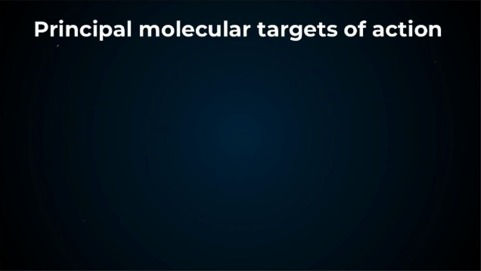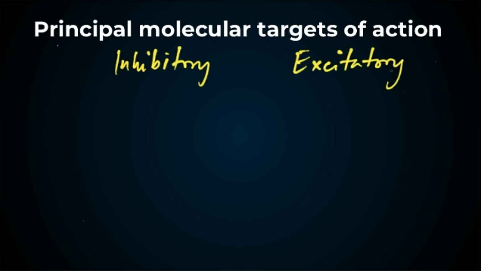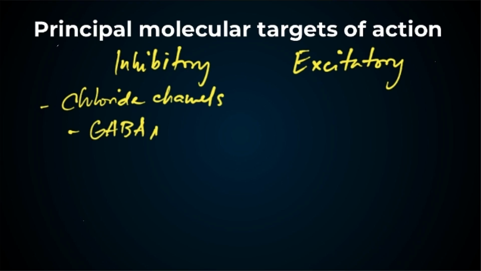The principal molecular targets of anesthetic action are the neuronal ion channels that mediate impulse conduction. So we have different ion channels. They can be inhibitory, or they can also be excitatory. Both inhibitory and excitatory ion channels can be affected by anesthetic agents. For inhibitory ion channels that are affected by anesthetics, we have the chloride channels. Example, the GABA-A chloride channels, which are sensitive to a wide variety of anesthetics, including halogenated inhaled agents, intravenous agents,